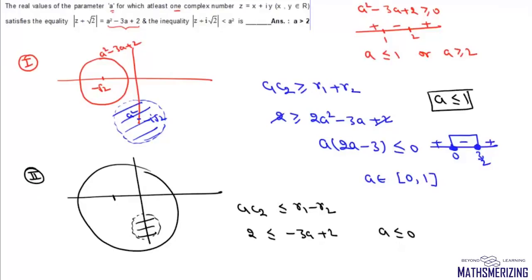So the values of a which are left in the domain are when the value of a is greater than or equal to 2. So all the values of parameter a for which there is at least one complex number in common will be when the value of a is greater than or equal to 2. So its answer should be a is greater than or equal to 2. A will be greater than 2 if we discard the possibility of a point circle. So answer should be a is greater than or equal to 2.